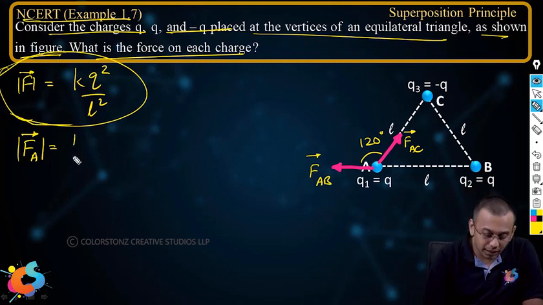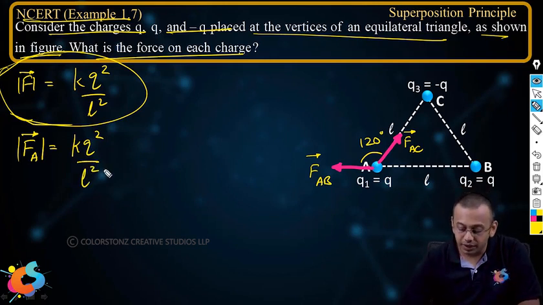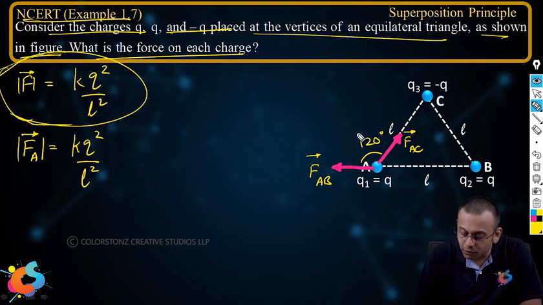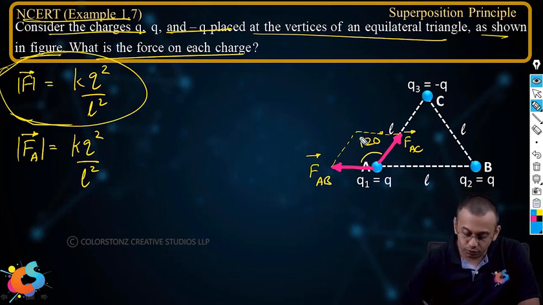So the force on A, its magnitude, is going to be simply kq square by L square. Its direction, if you want to find, you have to complete the parallelogram here and apply the parallelogram law